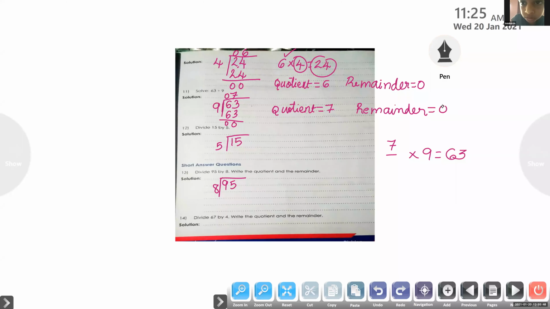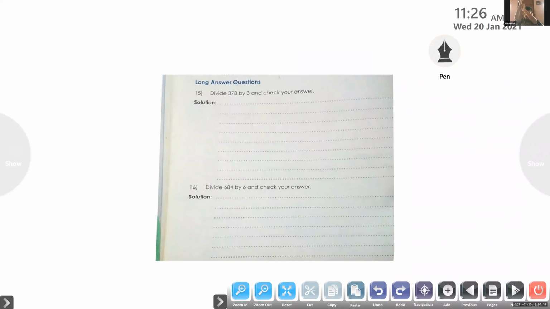Ma'am, I know the 12th question answer. 12th question also done. Very good. Yes. And your time is up. Will you do 12 and 13 now? Anyway, 10, 11. 12 is very easy. 13 is very easy. Try to do 12, 13, 14. Did you all do? Yes, ma'am. Very easy questions.